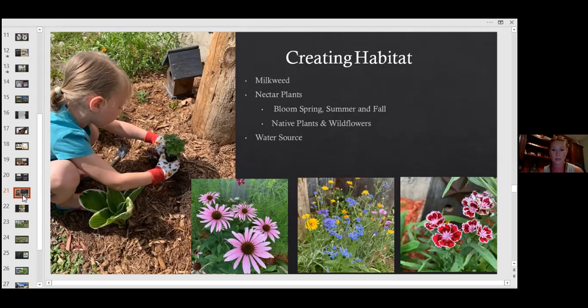So again, the milkweed is important, nectar plants, and ones that bloom in our area, that bloom in the spring, summer, and the fall. Because even though there is a little amount of time, we'll see the monarchs coming in July, late June or July. They'll be here for a little while, and they rest up and they find each other, find their mates. They need blooms there to eat and survive. And then we won't see monarchs for a while, because all of those ones that made it and laid eggs, they're gonna die. And then we need all our fall blooms right now for them to fuel up to make